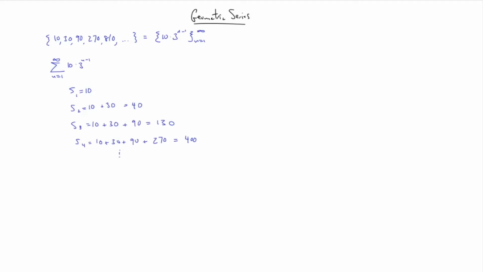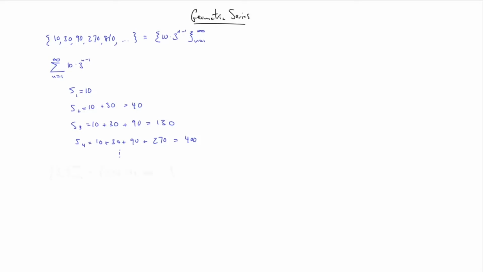Okay, I want to talk particularly about geometric series, which are series where the sequence that you start with is a geometric sequence. Starting right in with an example, in our last video, we looked at the geometric sequence 10, 30, 90, 270, etc., which is 10 times 3 to the n minus 1 as n goes from 1 to infinity. And if we took a look at the corresponding geometric series, we could easily compute some of the partial sums. The first one is 10, the next one is 10 plus 30, which is 40,